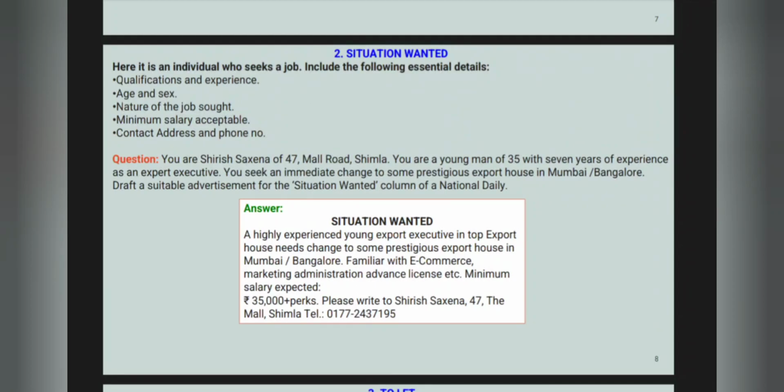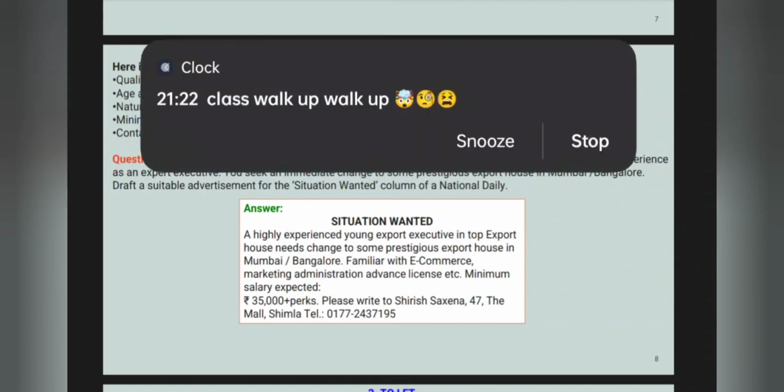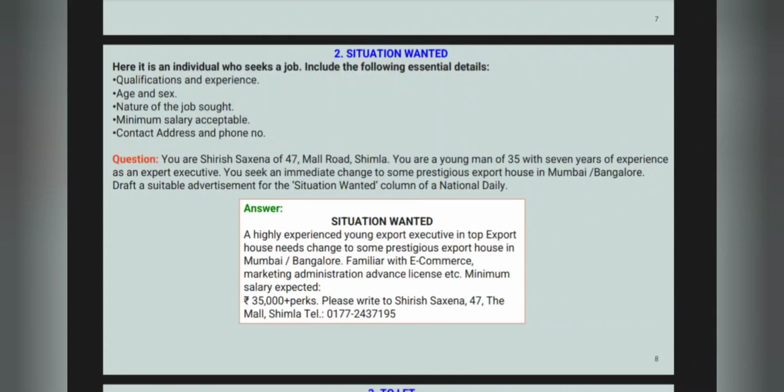Here is an example: you are Sirish Saxena, you are living in Shimla, you are a 35 year old man, and you have 7 years of experience. You want to be an expert executive, so you draft an advertisement in the situation wanted column.